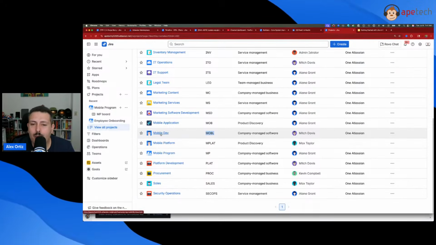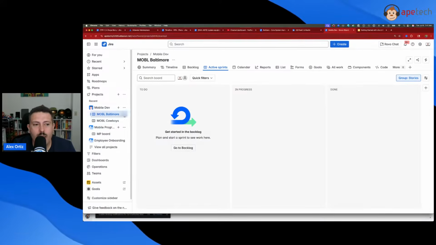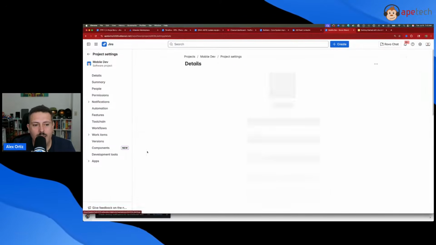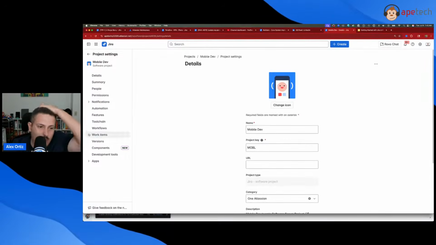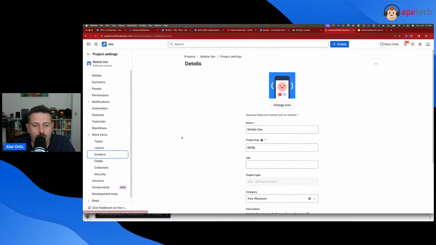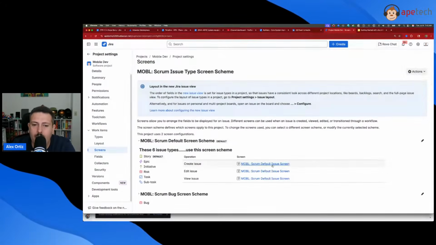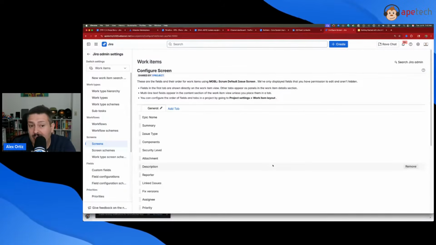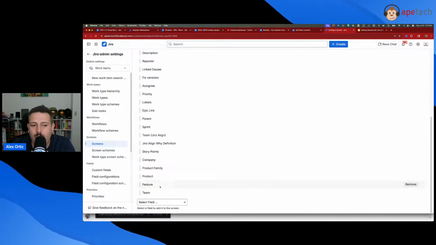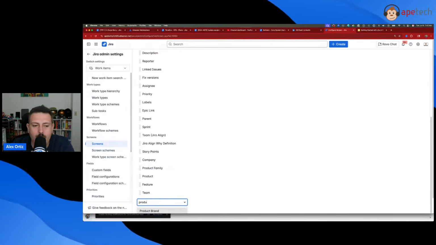And so this is the nice part about company managed projects, is that we can go into mobile dev. I can go to project settings, right? I can go to my work types. I can go to my screens. And guess what? Because we did this in a company managed project, right? And we did a custom field, we simply go to the screen, go down to the bottom, type in product,